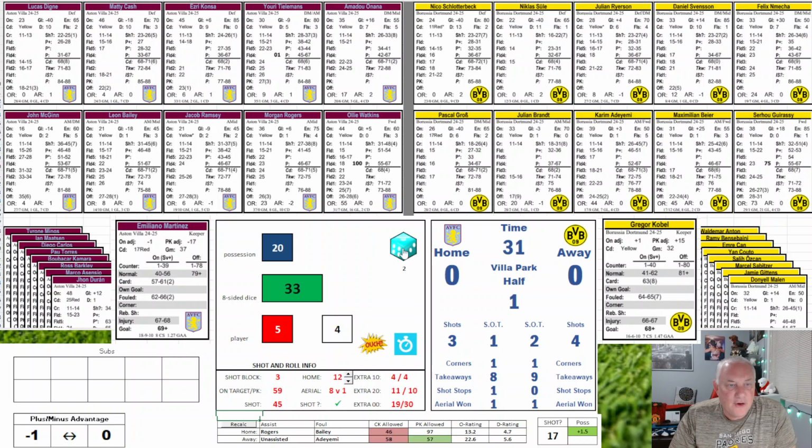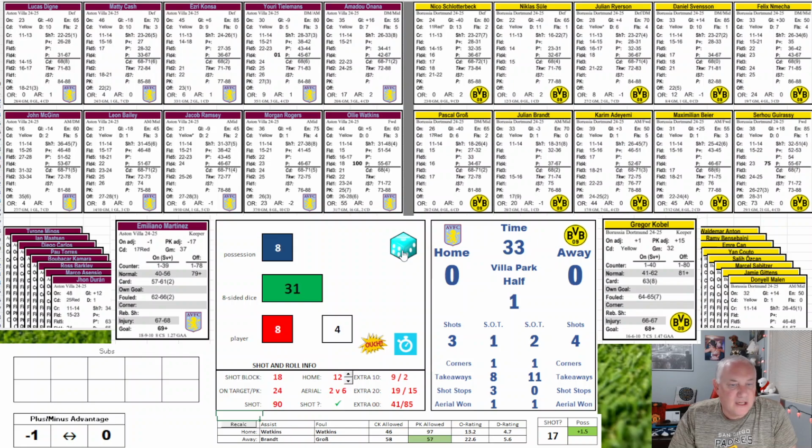241, P533. Shot by Nmecha against a 5, and that one stopped. So Villa gets the stop on that one. 914 is a possible corner, but no, it's stopped by the defense. 848, P841. Shot attempt by Adeyemi against a 2, and that one stopped again. So Villa's defense coming up big there. 785, P471 is taken away by Svensson. Dortmund has it. 755 is a P971 taken away by Bayer. So they get lots of takeaways.